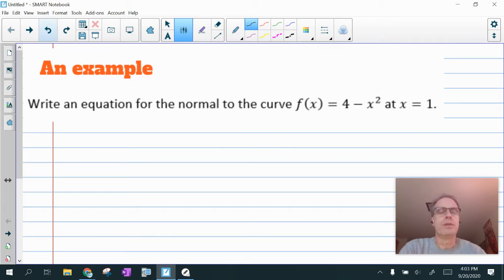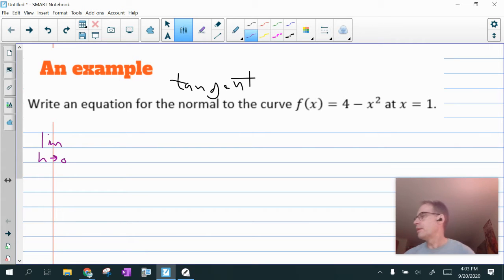In order to get there, I'm actually going to take the time to find the tangent line, or at least the setup to find the tangent line, and then we're going to keep going from there. So let's go ahead and do this. And remember, what we're looking at is the limit as h approaches 0 of, let's see,